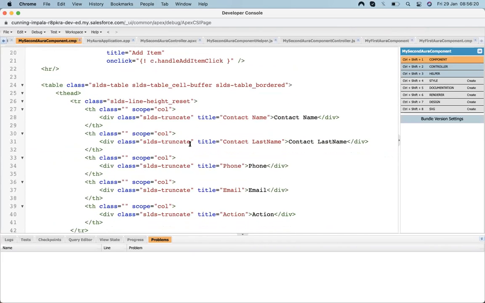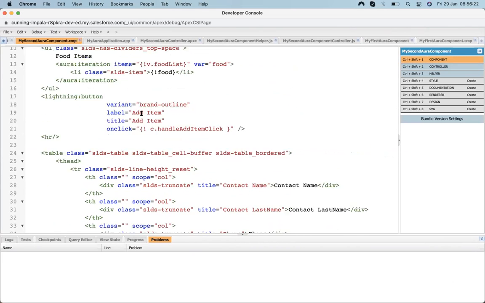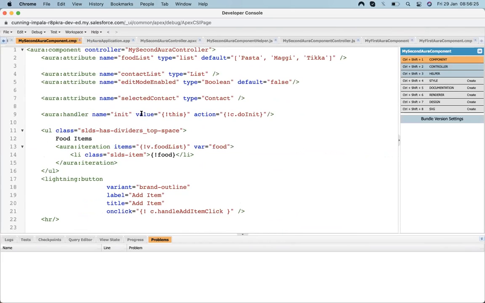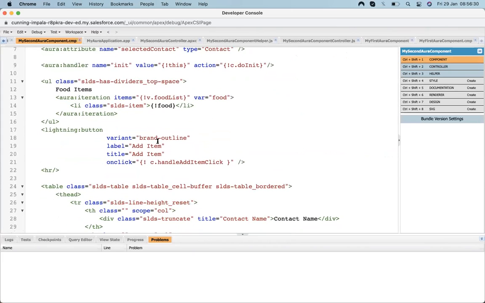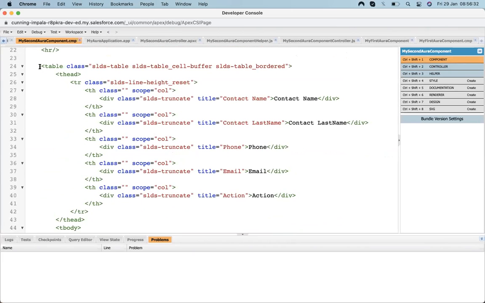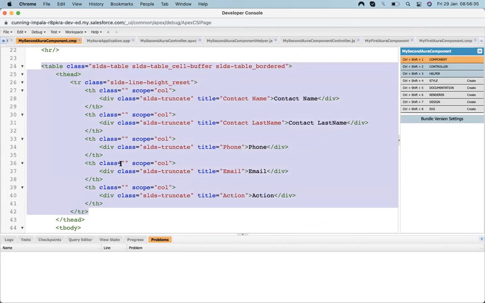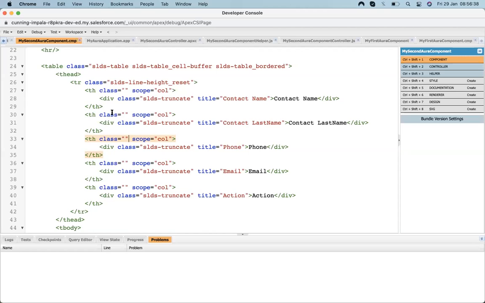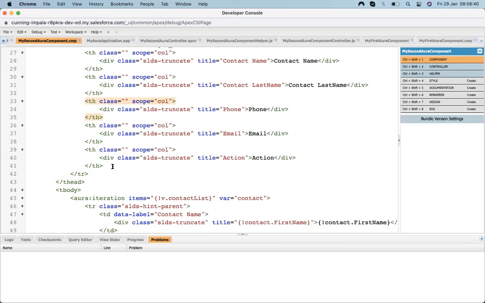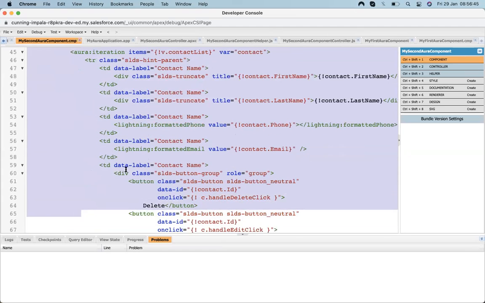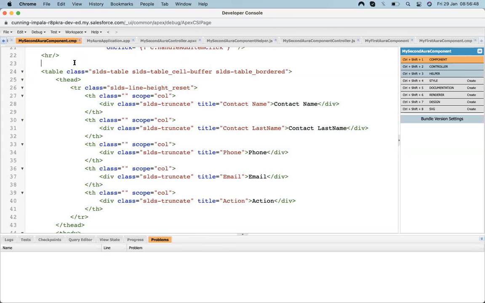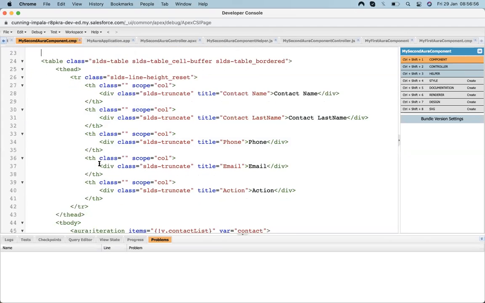If you look at the code, it does not follow inheritance. What we can do is design this table inside a different component and call that component over here. If you want to separate the code, I can design this whole thing inside a separate component and call that component here. That will work, but there is no such concept of inheritance here. In our case also there are too many lines.